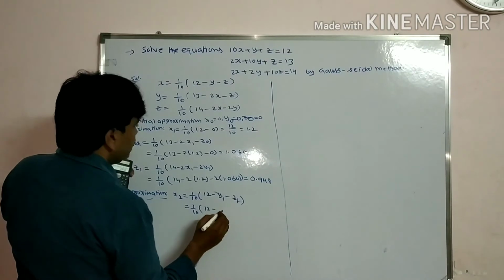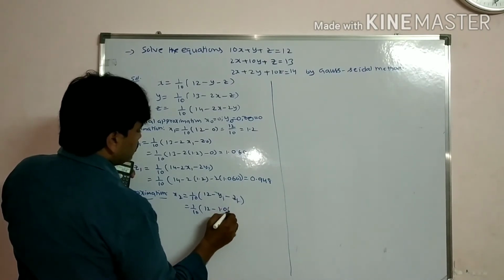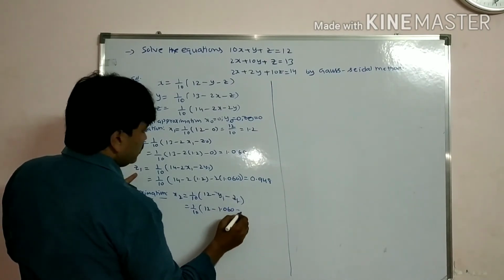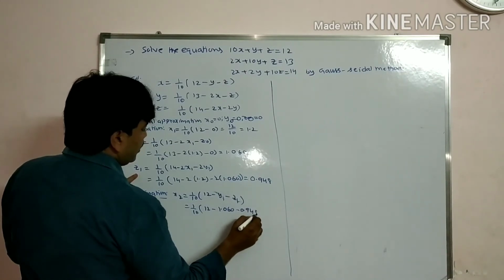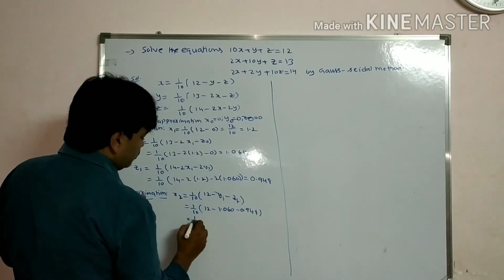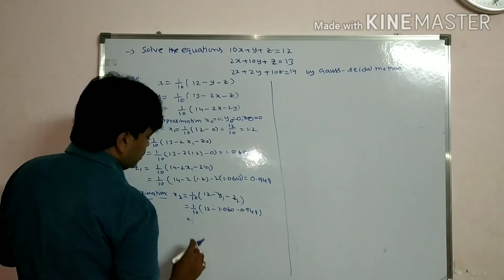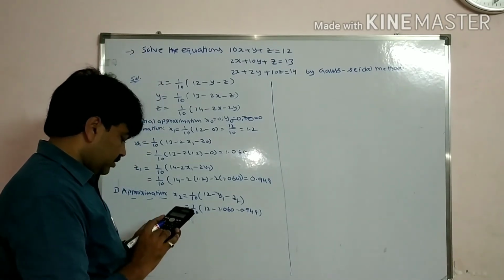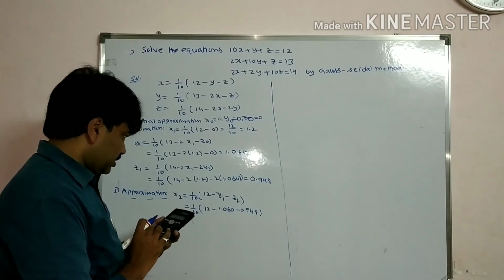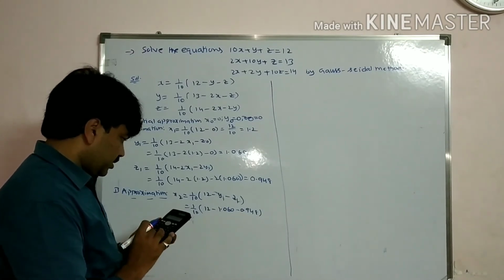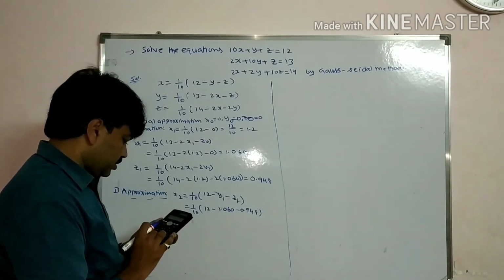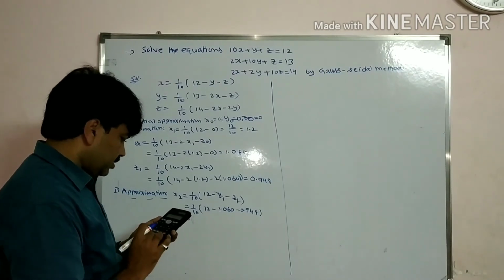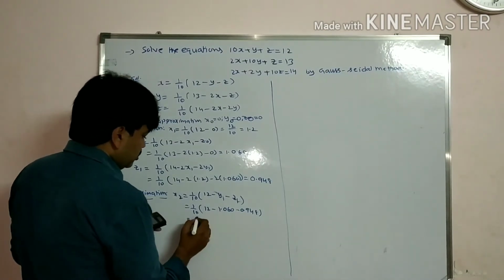So what is y1 value? 1.060 minus z1 value 0.948. That is equal to 1 by 10, calculate students, bracket 12 minus 1.06 minus 0.948 bracket close divided by 10. That is equal, we get here